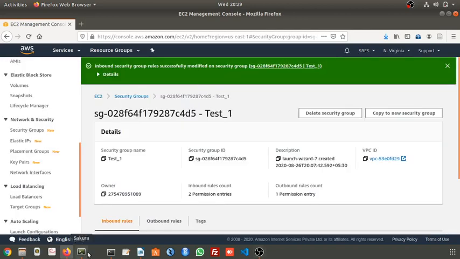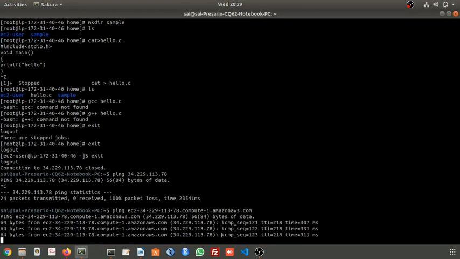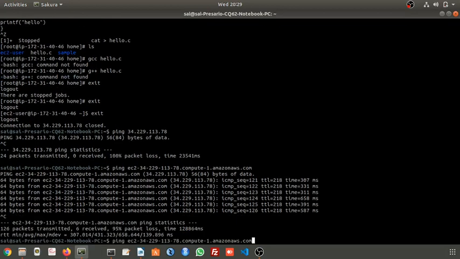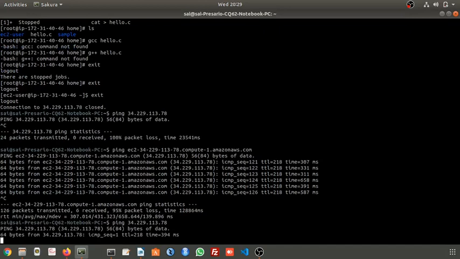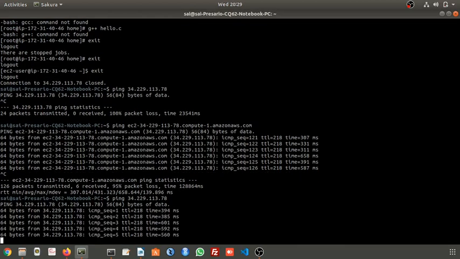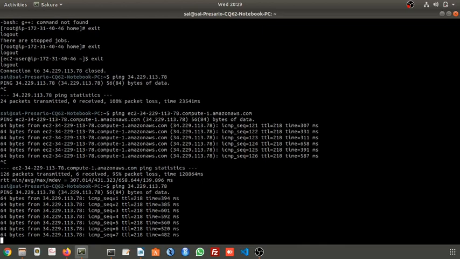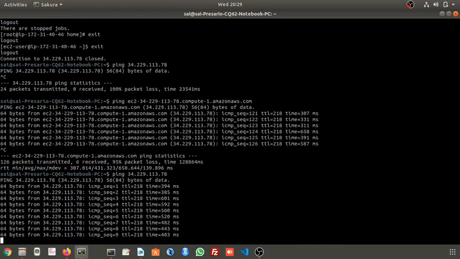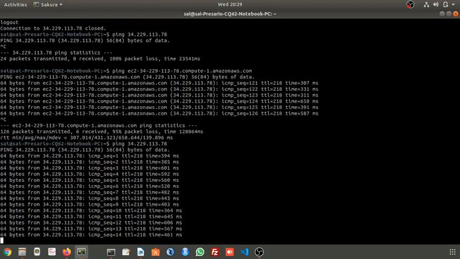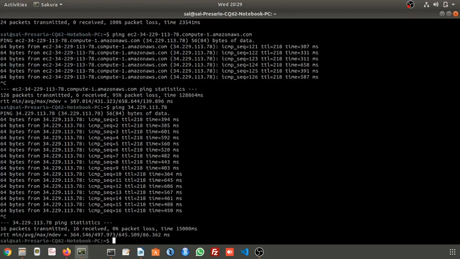This is how you check whether your server is connected from outside the network or not. Depending on the security group that you define for your virtual machine, you can connect or allow various types of data to your virtual machine.